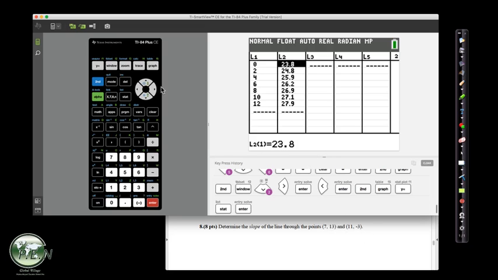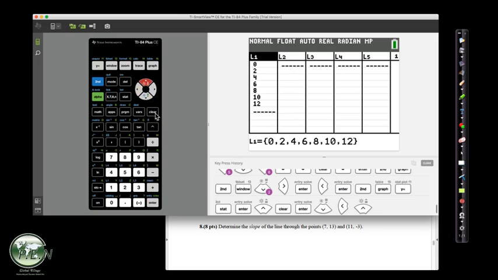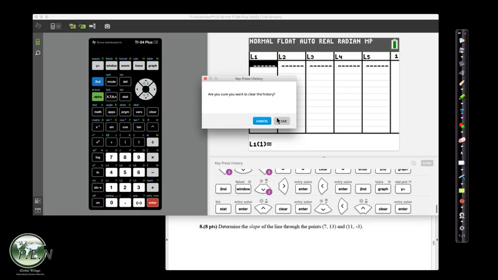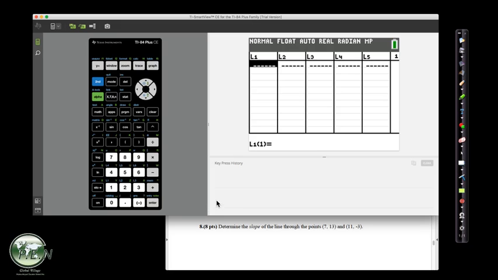So we're going to clear out this list, which is something I don't remember if I showed you. You go to the top, clear, and enter. Arrow over, go to L1, clear, and enter. I did show you in class, but I don't think I started with it. Let's clear off this here. Okay, so now that we're clear and ready to start, we put the 7 and the 11 in as our